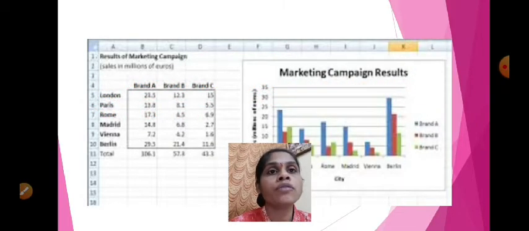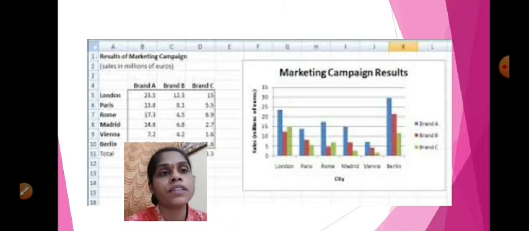Now see, these types of things we can do. You have to write whatever you want in the Excel sheet, and we can convert it like this into chart form. See, this is a chart form, a marketing campaign result. This type of chart and any type of chart you can make in Excel. First of all you have to make a sheet, and that sheet you can convert into a chart also. In our next videos we will see the practicals of these, how to make different types of charts in Excel. We can see that in our next practical video.